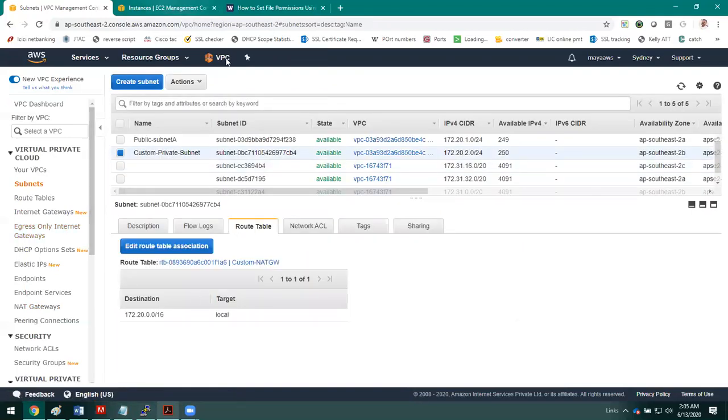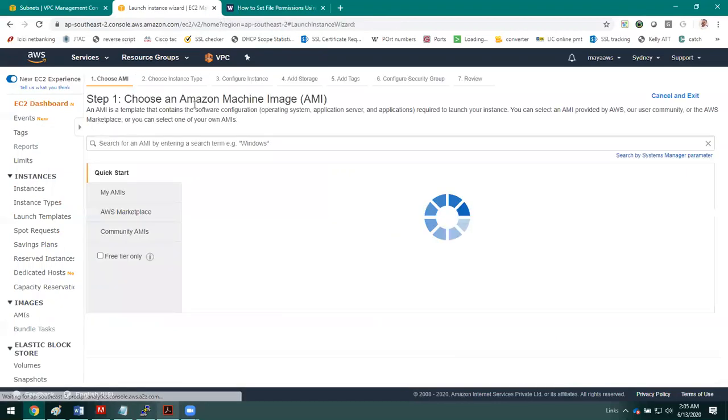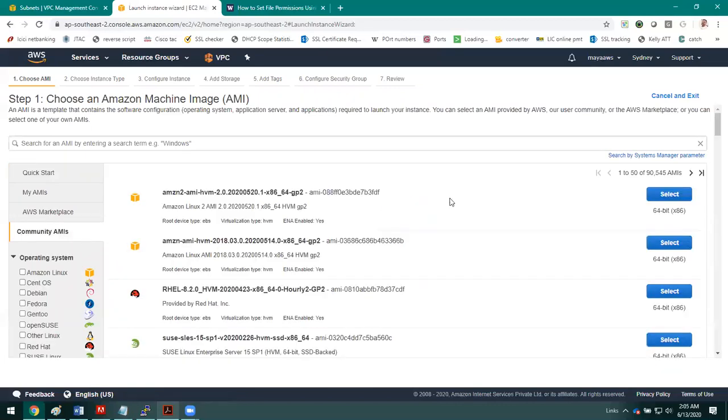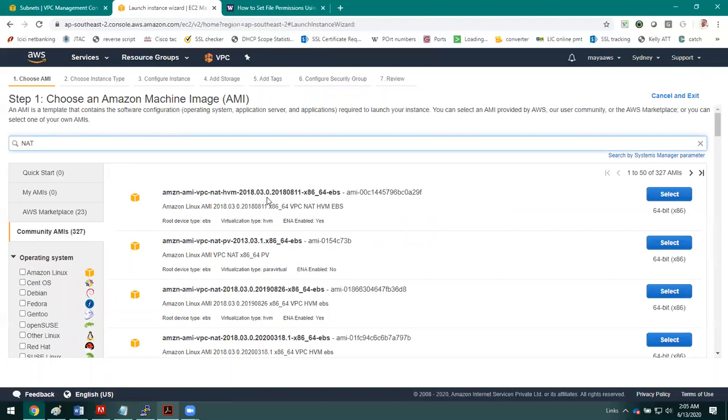Fine. Now let us go to EC2 console and create a community AMI by going to here and search with NAT. So any community AMI with NAT facility you can deploy. Let me search with NAT. Yeah, I found one community AMI.